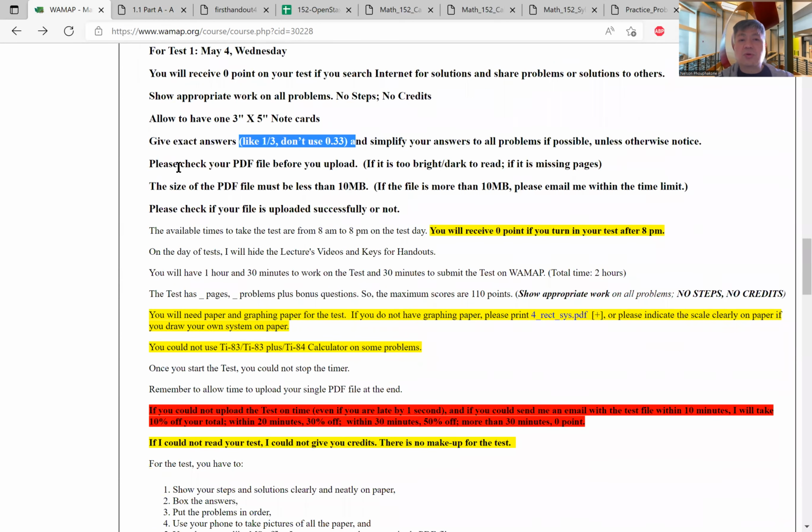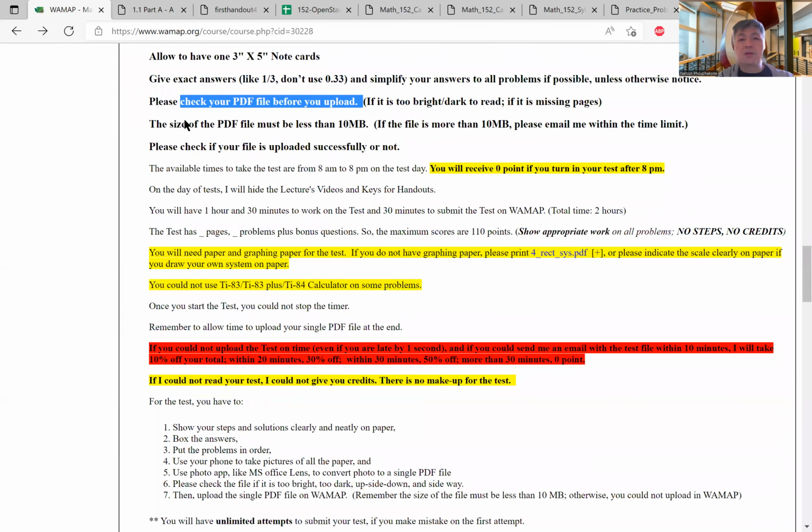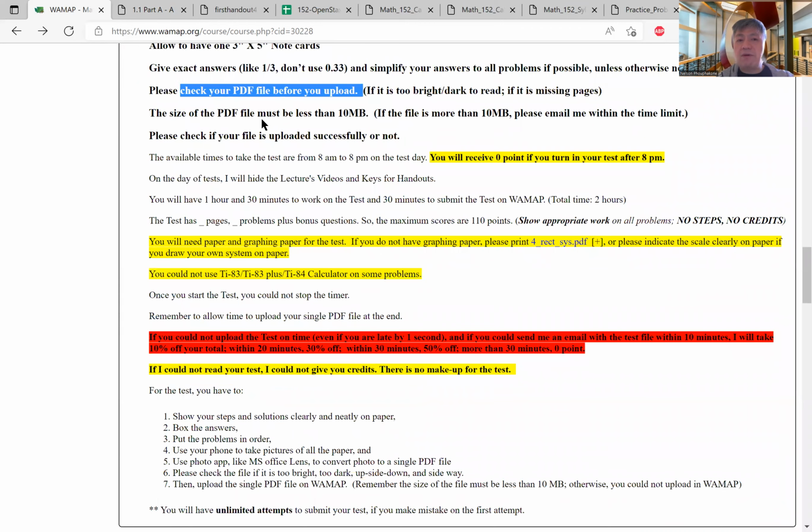And of course, you have to learn how to upload your PDF files. Save your paper, all the paper, in one PDF file and then upload. Now, one thing about this is, if the size of the PDF file is more than 10 megabytes, you could not upload it in WAMAP. What you need to do is send the file to me through email within the